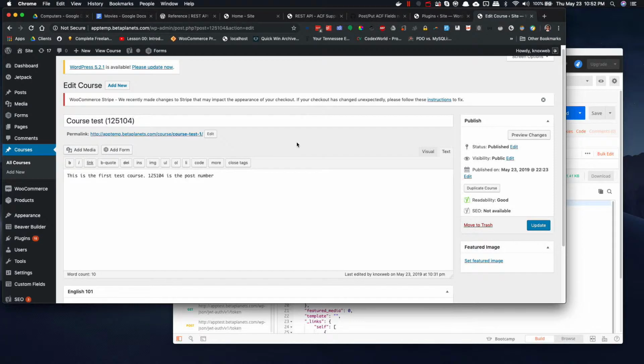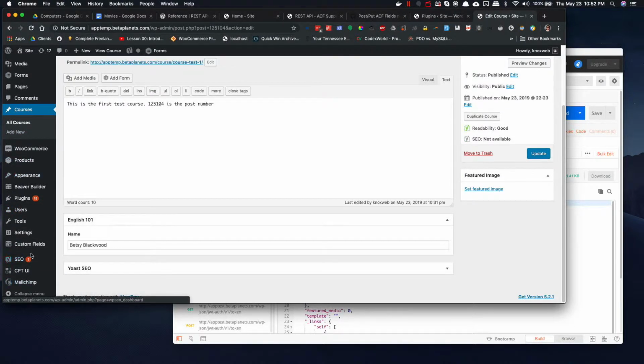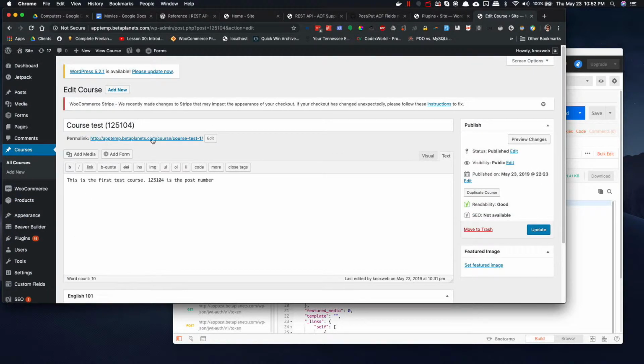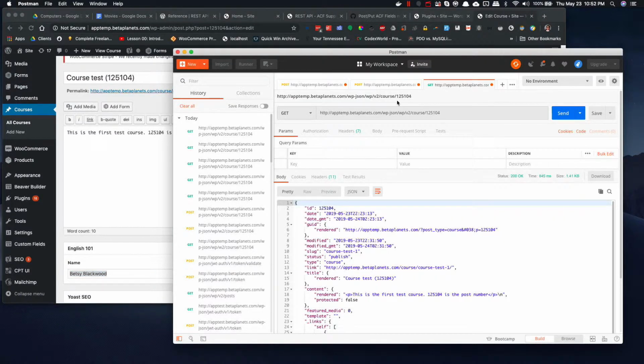Okay, so next thing we're going to look at is I created a custom post type and then a custom field for the post type. And I've created a custom post type called courses. And inside it we have the course test and then the description. But we also have the custom field right here. Now if we go over to our